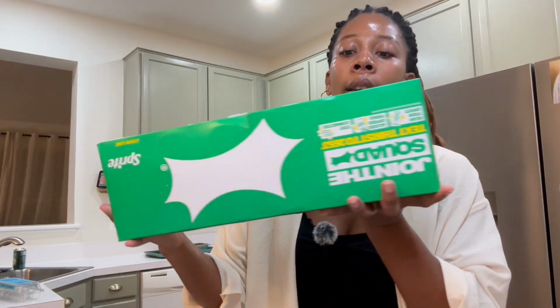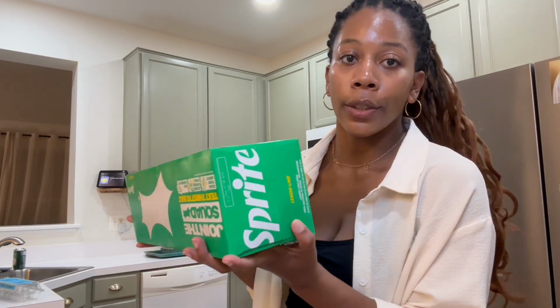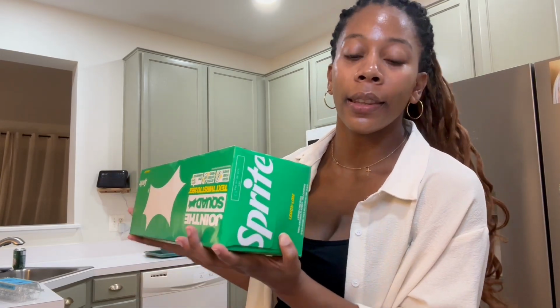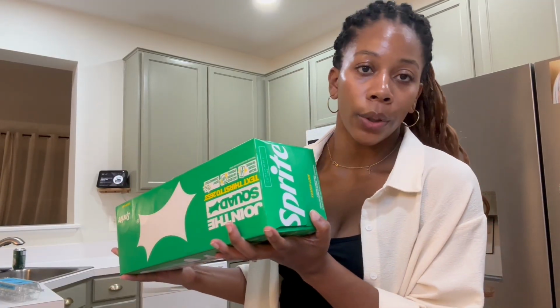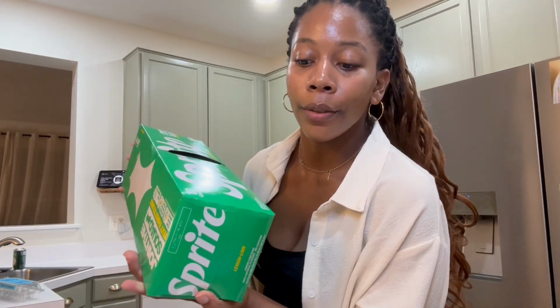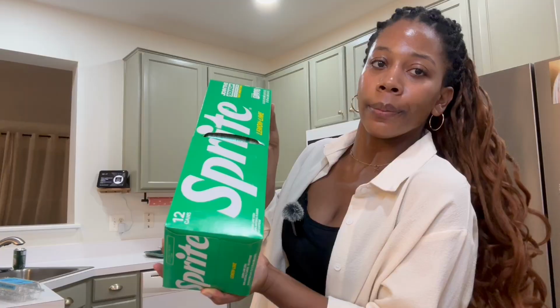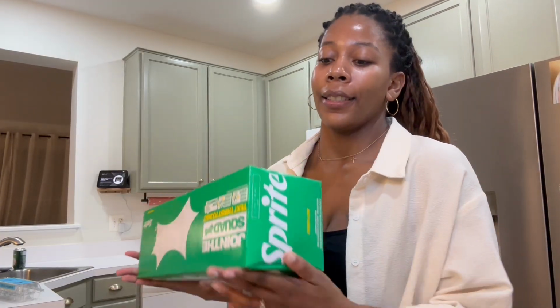And I keep forgetting things. We have one last thing. The absolute last thing that we got is this 12 pack of Sprite. Some of our family members that we have coming over really enjoy Sprite, and so we wanted to have a few drinks on hand that they really like, in addition to that punch that we're going to make, the cranberry juice, and of course just water. Having some soda cans on hand is also going to really come in handy for that. There's only 12 in here, but it's actually pretty heavy, so that is the last item in the grocery haul